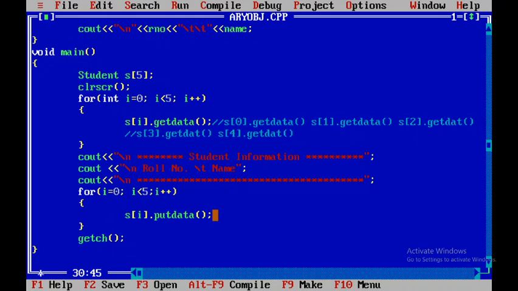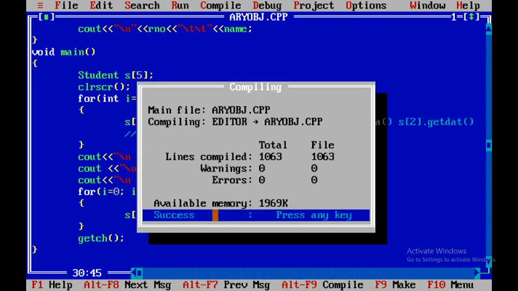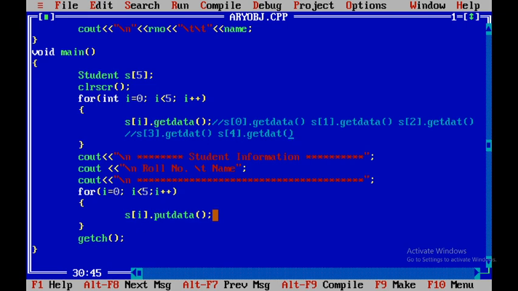So I save this program, I compile this, and I execute. What data had I given over here? The same data I am giving. Roll number 1, there I had given this data. This is my student 1.